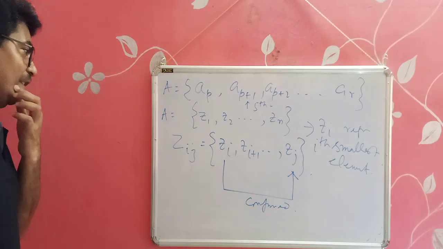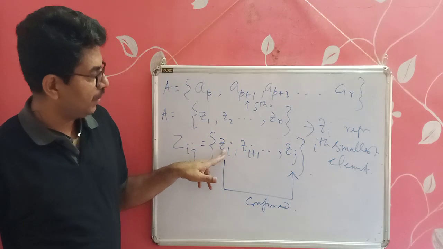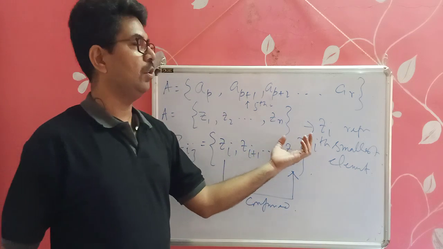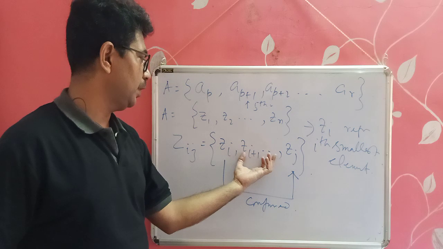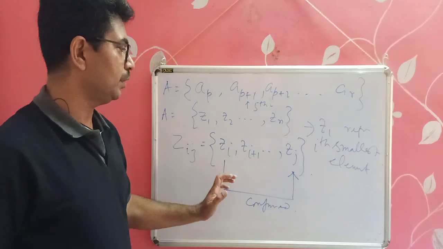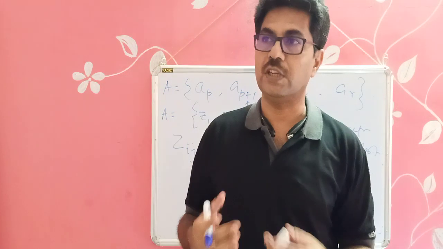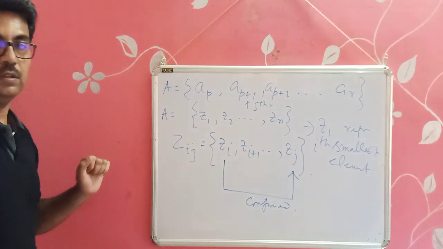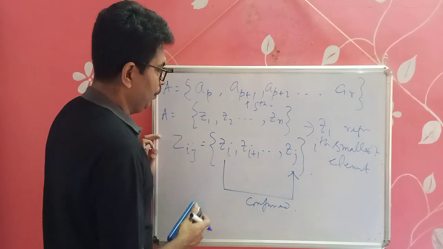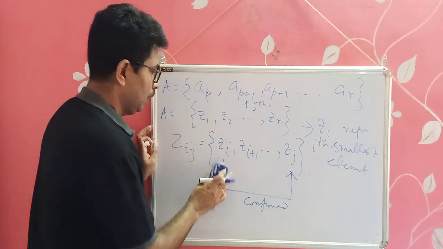Now you can think about why we are asking this question. If we can find that Zi is being compared with Zj some number of times, then we can say that Zi will also be compared with Zi+1 and all these others. So all the elements will be compared with this, and if we take the sum of all these, then we can find the total number of comparisons required in the execution of the quicksort algorithm, right? So it is very important to find how many times Zi will be compared with Zj.